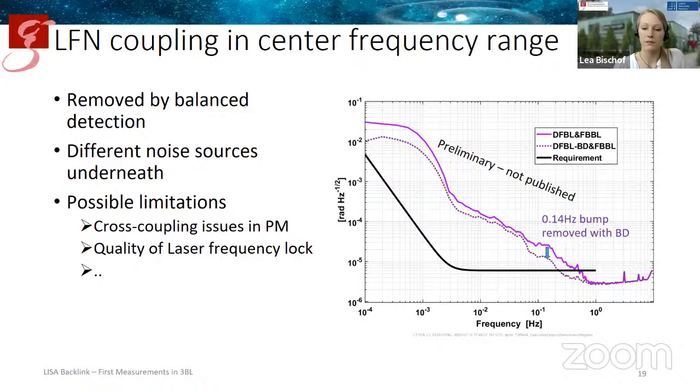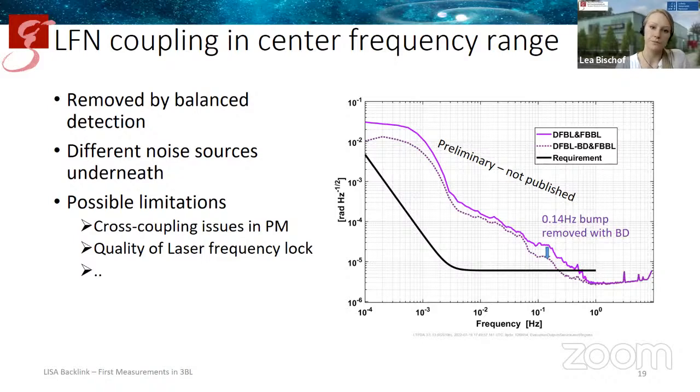Another reason why we think this is actually due to backscatter is because we can add balance detection to our measurement. And then we see that this noise here is removed or reduced. However, it's just a very little reduction with balance detection. Normally, you would expect that it goes much lower, and therefore we are sure that there's a different noise source underneath that is currently limiting. And there's the cross-coupling issues that we also have in our phase meter, which have a similar shape. And also we see that the noise level here in the center frequencies really depends on the quality of the laser frequency locks. So again, this is some kind of readout problem that we are working on to reduce this